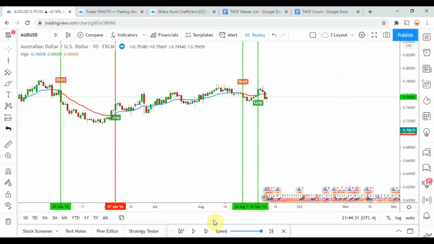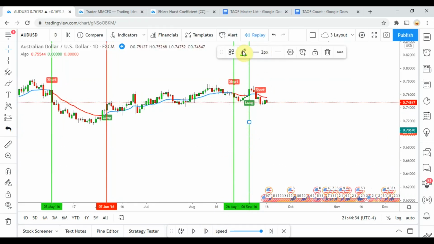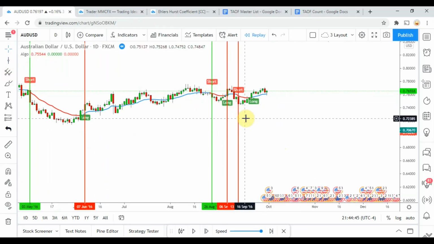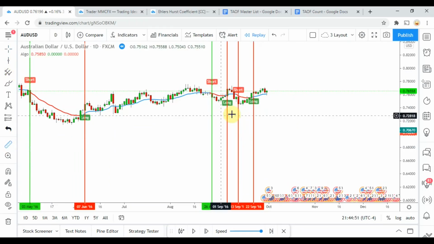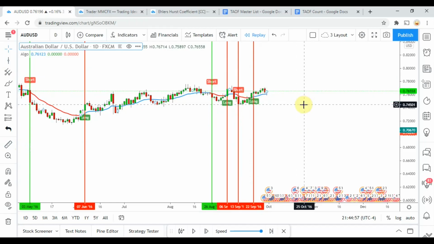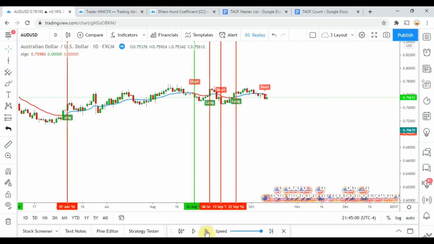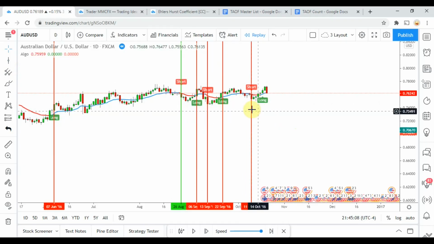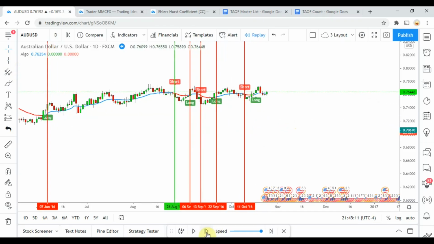Long signal right there. Looks like this one might be the first one to immediately reverse and come back down there. Dropping down and giving us a short signal right there. Then unfortunately doing almost the exact same thing where it, let's see, and it then swung another loss at us there. Man, it's taking a nasty little beating here.